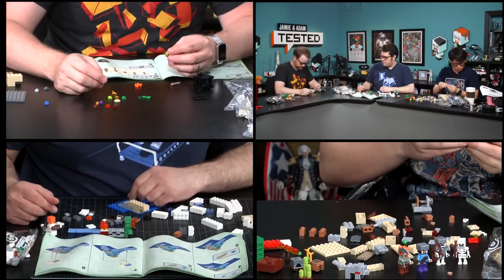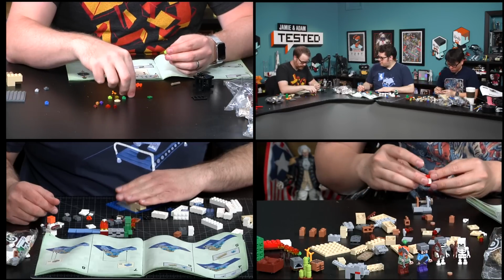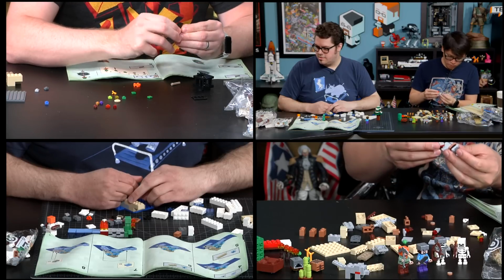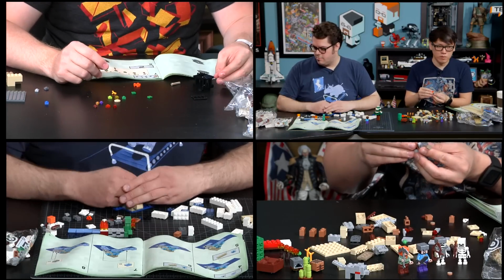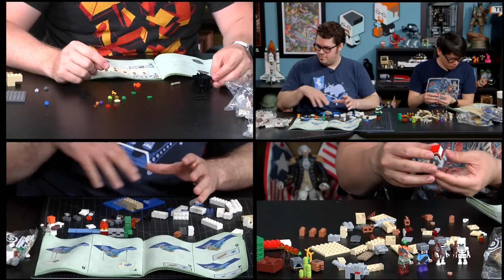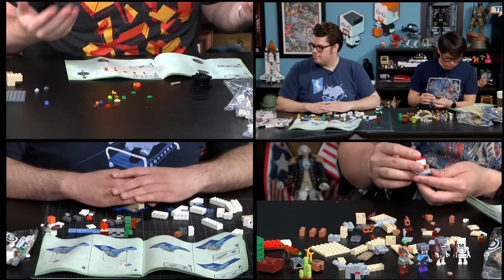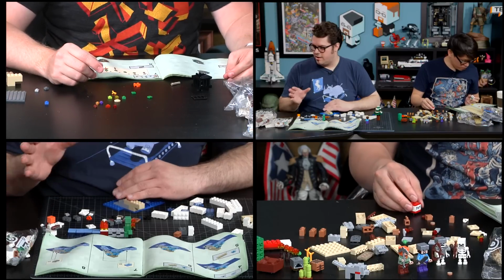Well, if you start at the beginning, usually we'll get a product brief. So if we just talk about this one that you're working on here, we knew we wanted to do a spawner. Okay. And we knew we weren't sure what it was going to spawn or whatever, but it had to be a spawner, and then it had to be that kind of a small set. So you knew you wanted it to be like a 250 or so piece set. Yeah. Something like that,